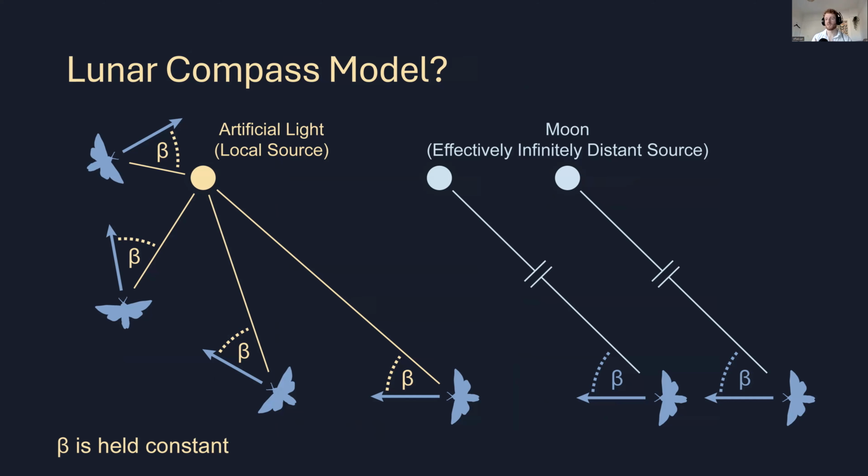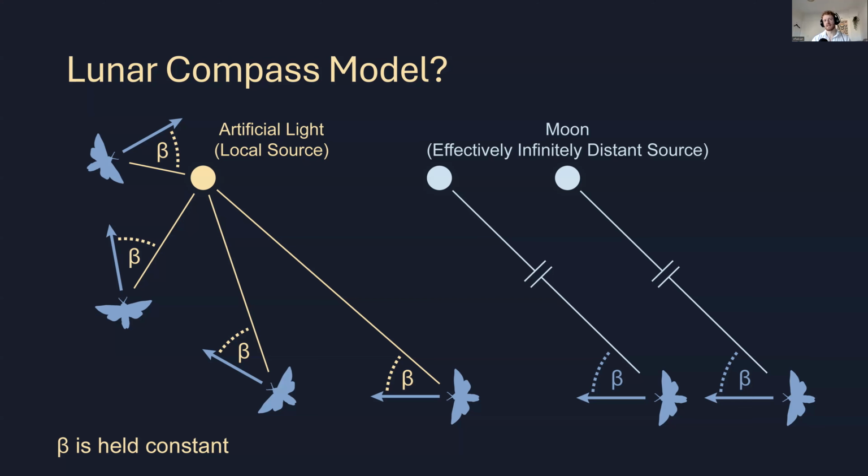So as a moth flies along, it can keep a constant direction of flight. And by fixing this angle, and maybe changing it over time as the Earth rotates, but generally fixing this angle that the animal is traveling relative to the moon, it can continue traveling in a straight line over really long distances. And we know definitely the insects do this. They use both the sun and the moon as compasses. They can also use the Milky Way, or various other features of the light environment, to continue traveling in a straight line over long periods of time.